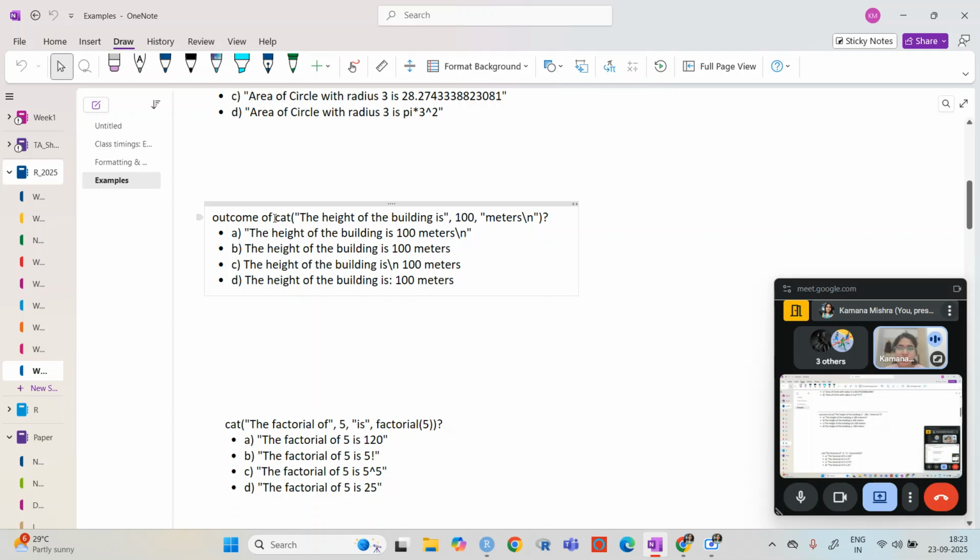So what do you think will be the answer of this function? Cat, the height of building is 100 meters, and then there is slash n.